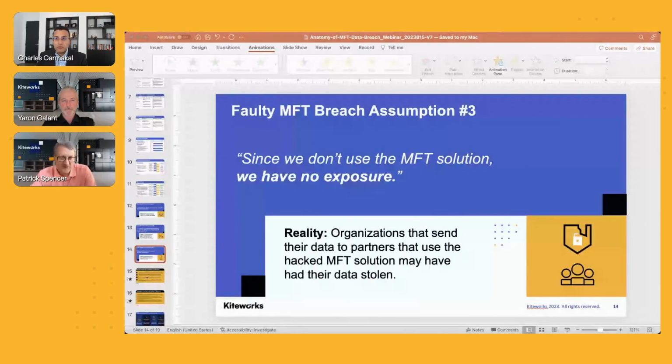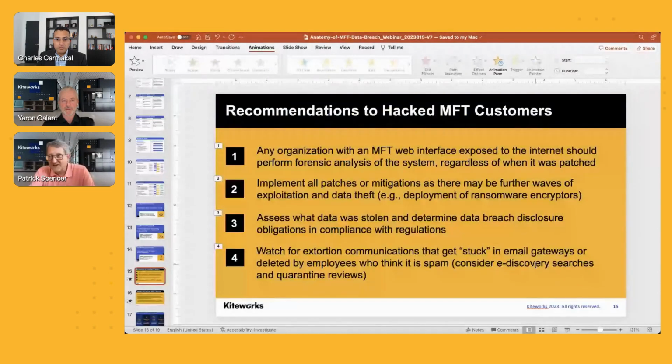Yeah, these are three great points, I think, that any company needs to take into account when data is breached and they think they weren't impacted. You need to take a step back and double, triple check that that's the case, right? This slide here comes from some of your presentations as well, Charles, and then we'll flip it over to Yaron to speak to a couple points on the next slide, and then we're about done here with the webinar.